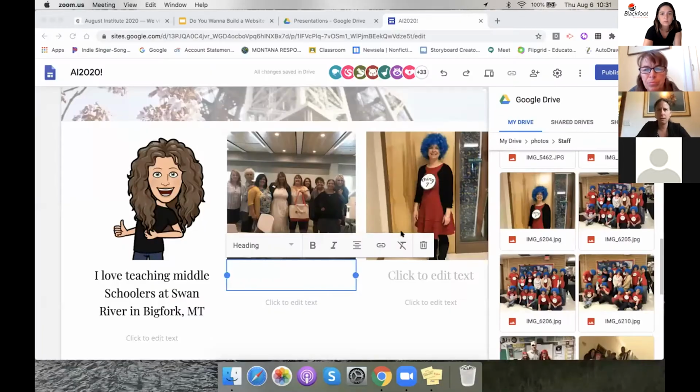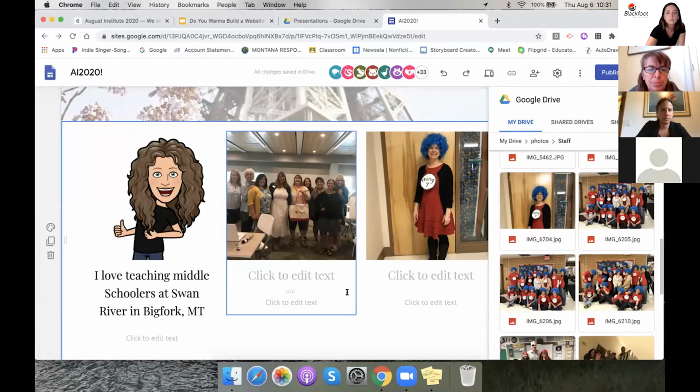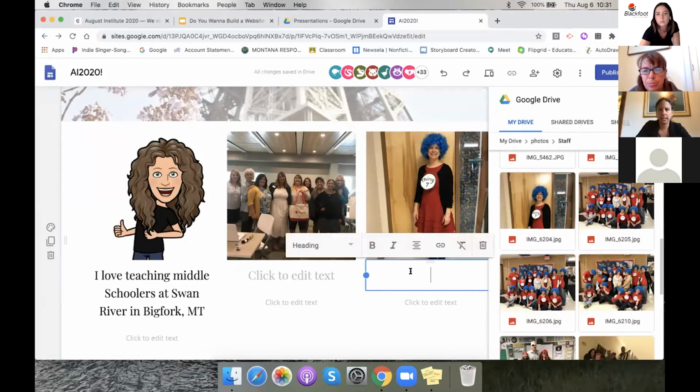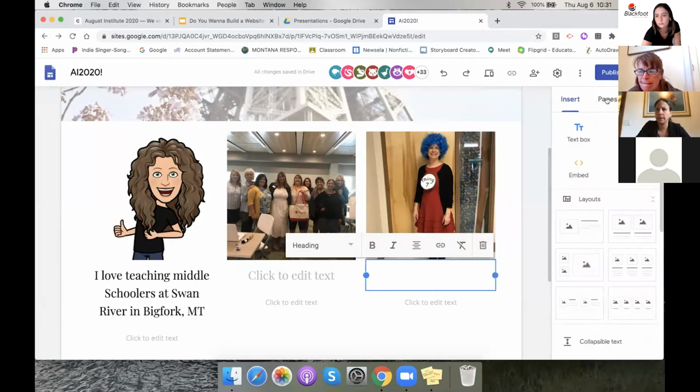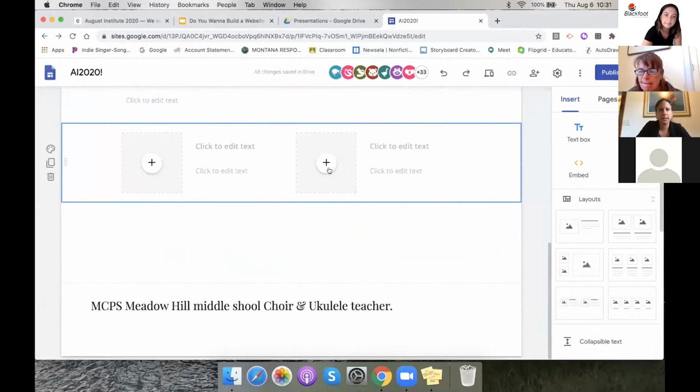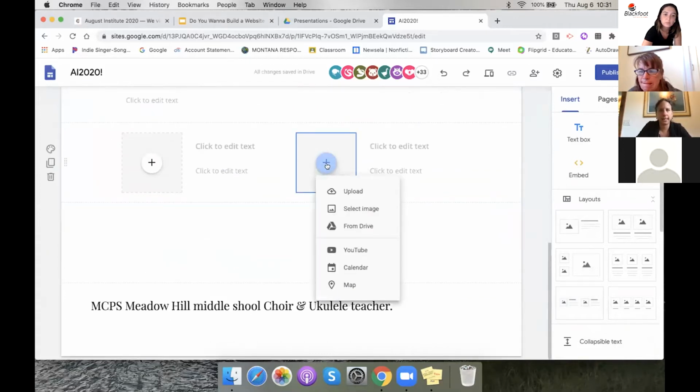So I actually, when I went to insert a picture, I went to my drive to get some pictures out of there. So I'm gonna add some text. Let's see. Oh, I'm trying to get rid of this thing. There we go. Okay, so if I insert another one of these and I click this plus sign, then I